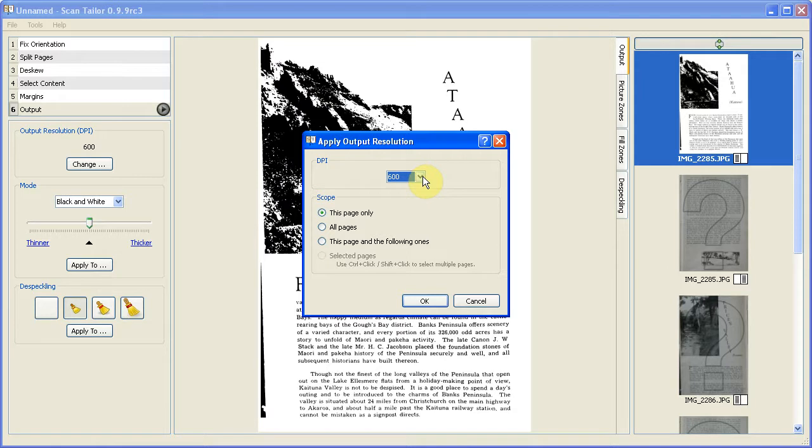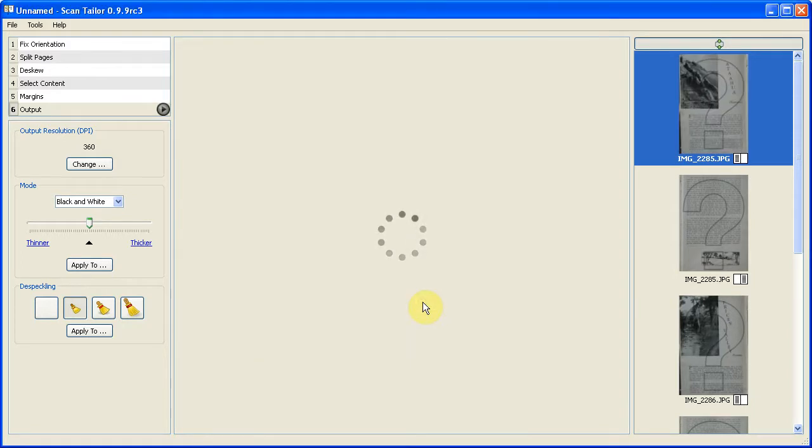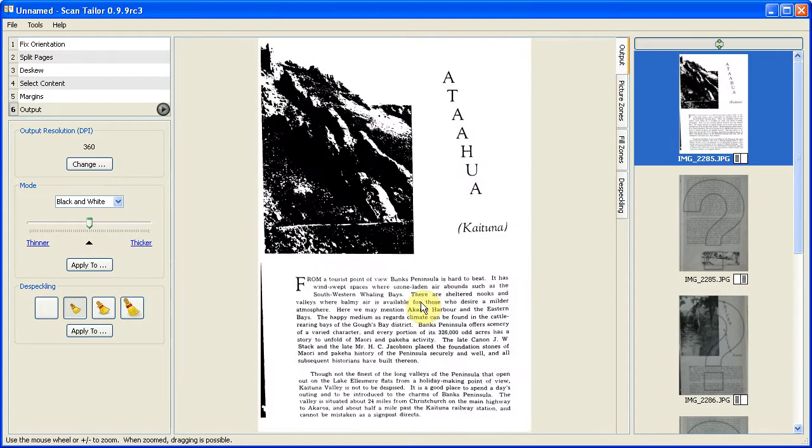Besides of that, the ideal output dpi is the double of the input dpi. If you remember, our input dpi was something like 180, so our ideal output dpi will be like 360, I believe, right? 360, and apply that to all pages. Okay. Another thing we are going to change